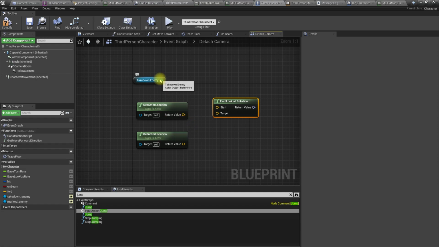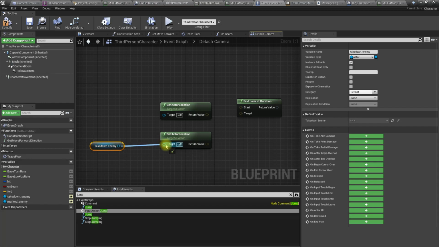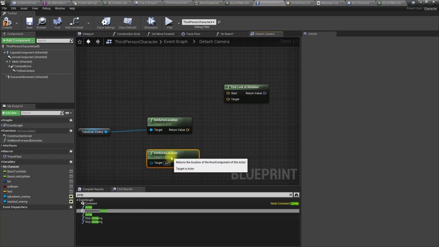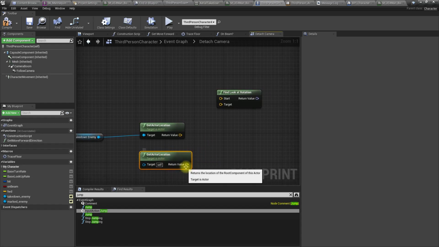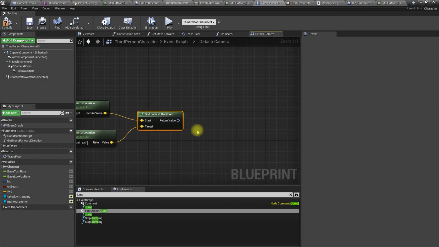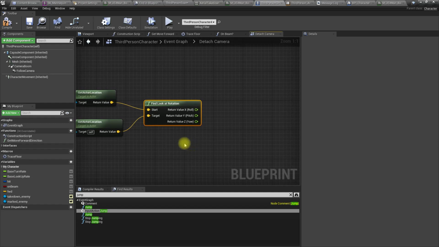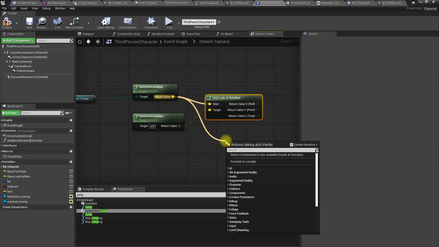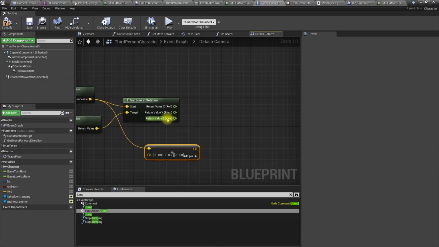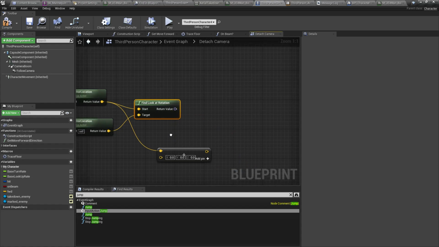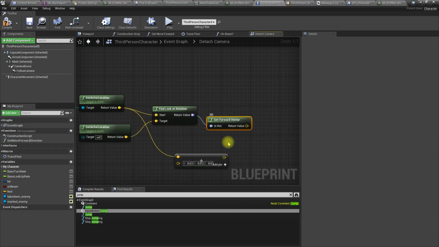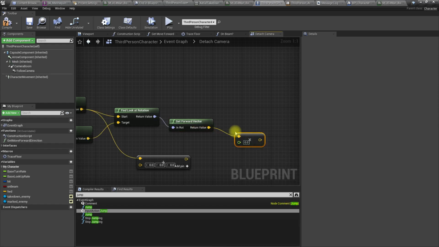Okay, so get the location of the takedown enemy, and from the takedown enemy location, find the look at rotation towards the player character, then split this, then get the location of the takedown enemy, right, recombine this, get forward vector and multiply this by, let's say, 400,